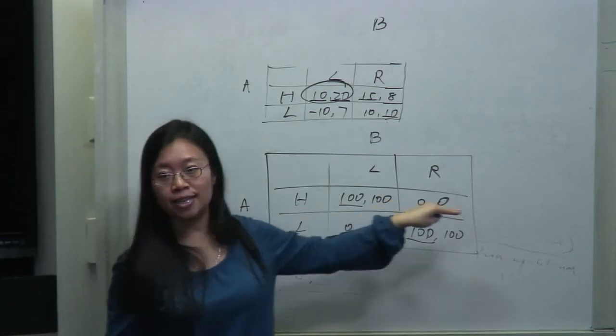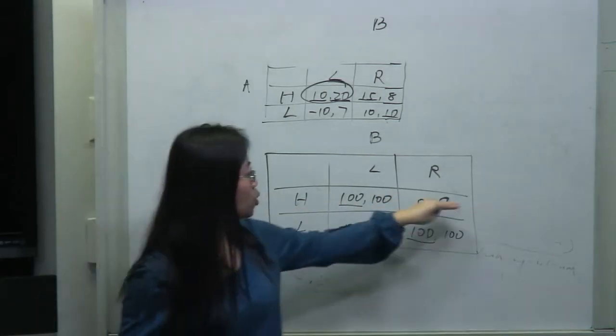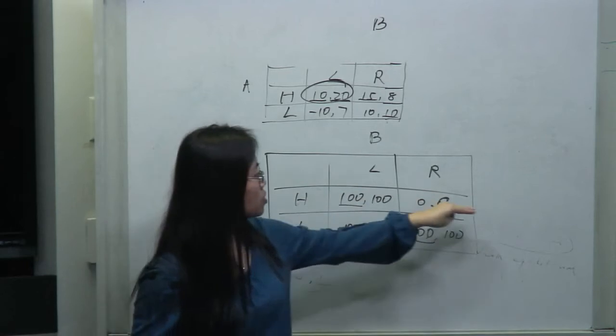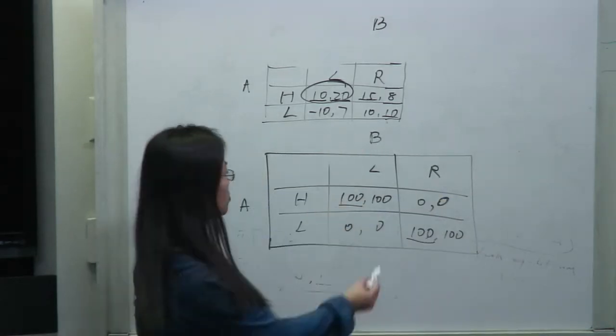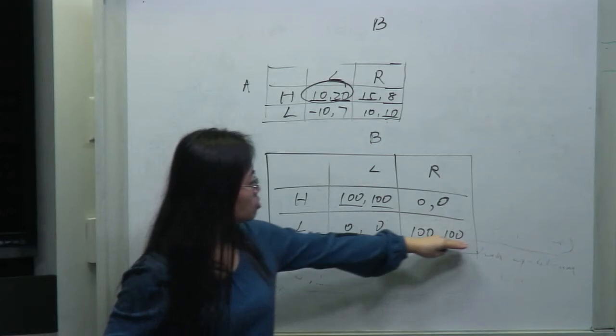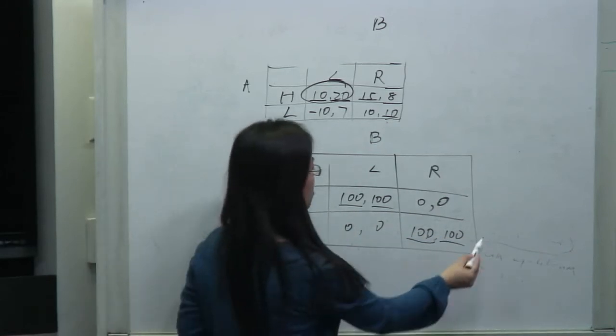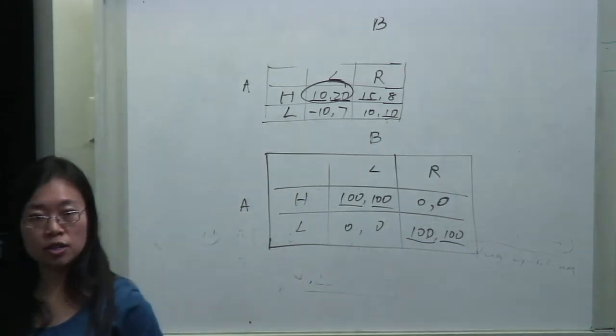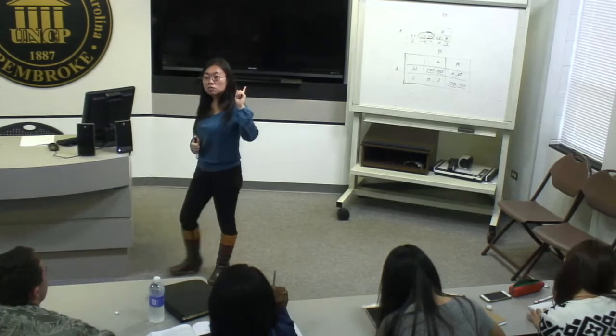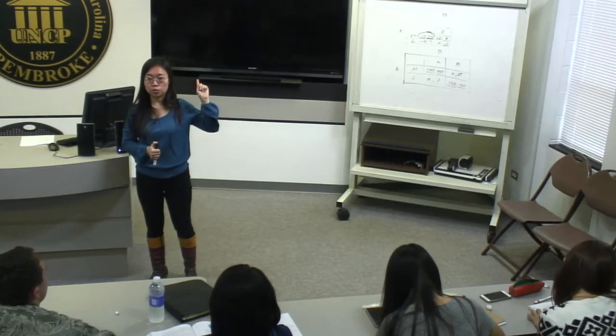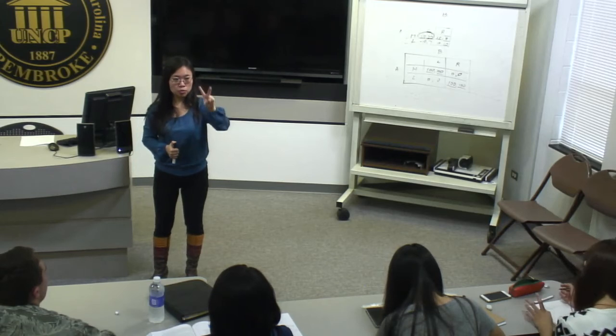And we're fixing A's strategy. Okay, let's say we're here. What's the best thing for B to do? When it's here, R. Does B have a dominant strategy? No. In this case, neither one has a dominant strategy, but we have Nash equilibrium. How many? 2. That's right.